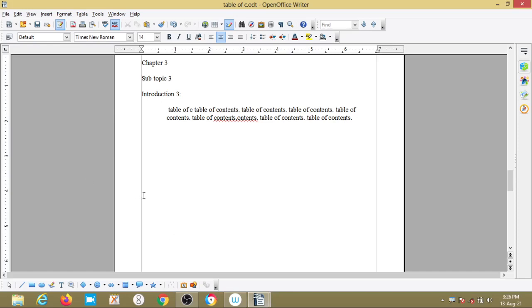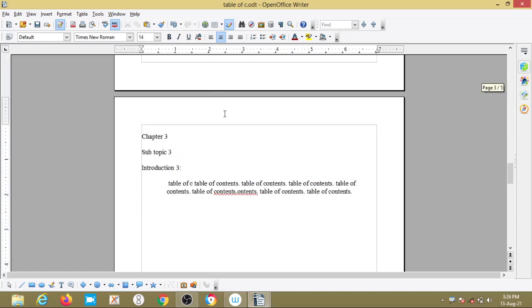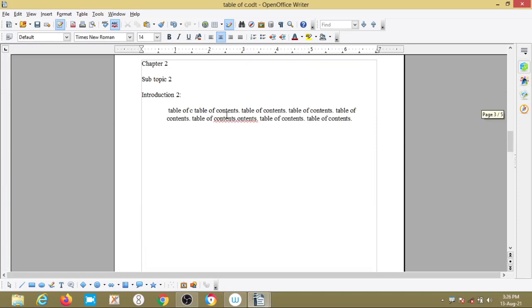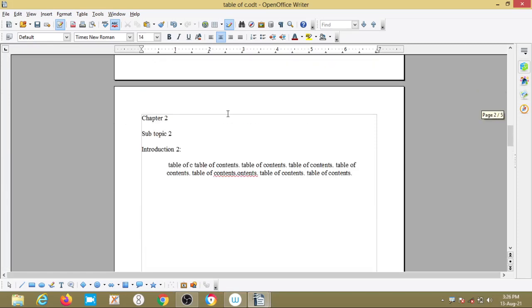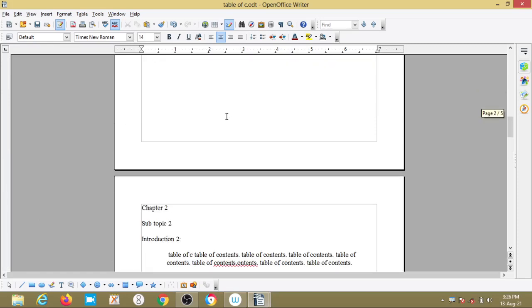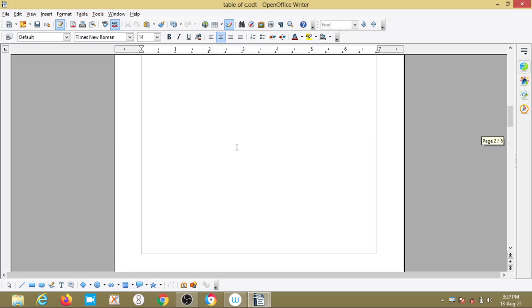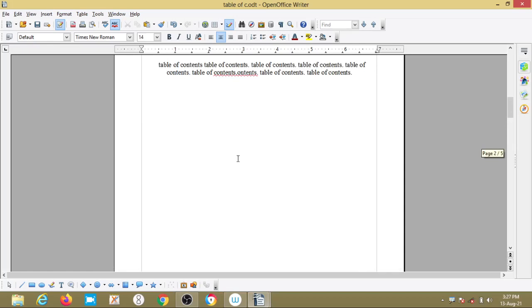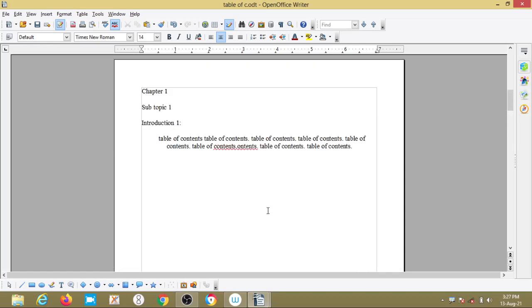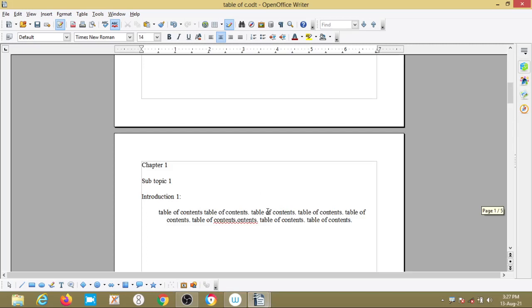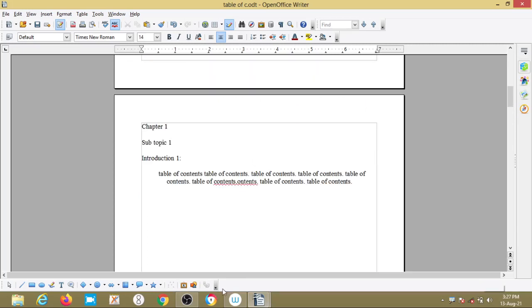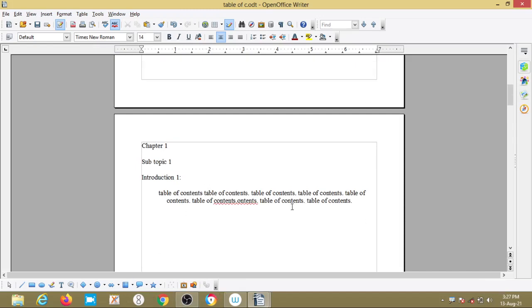Open Office Writer provides features to systematically build an automated table of contents from the headings in a document. So this is the first page, right.